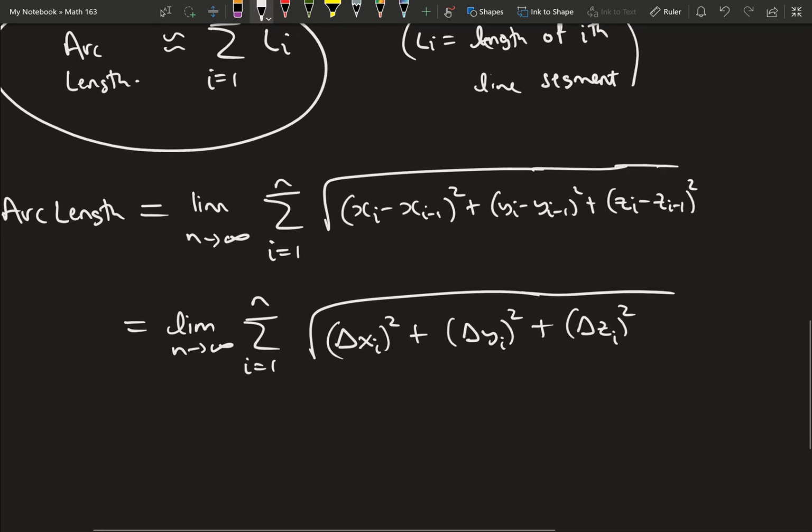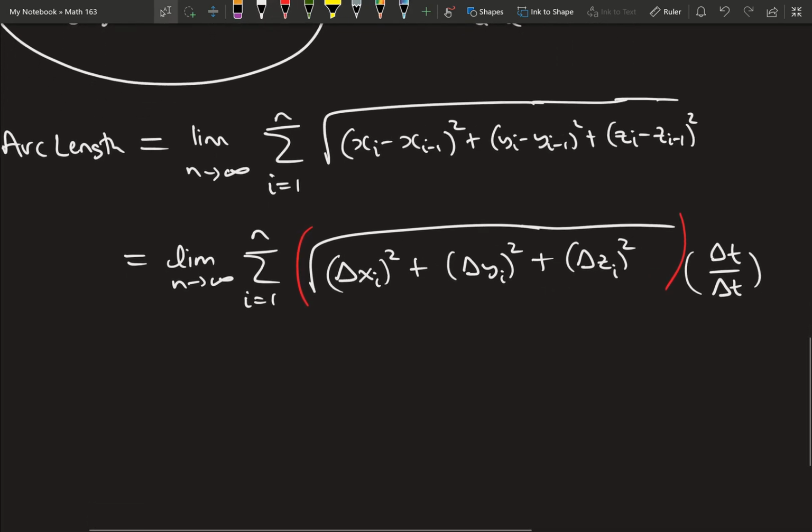But now what we can do then, we multiply the top and the bottom by delta t. So let's multiply the top and the bottom of this overall expression, which I've put in red parentheses. Let's multiply the top and the bottom by delta t. Well, what happens then, if you actually see what this is, then this is equal to,